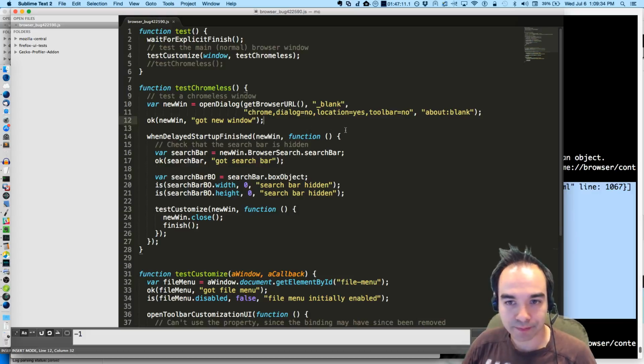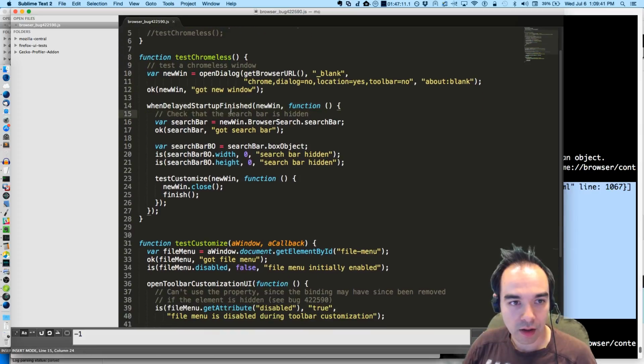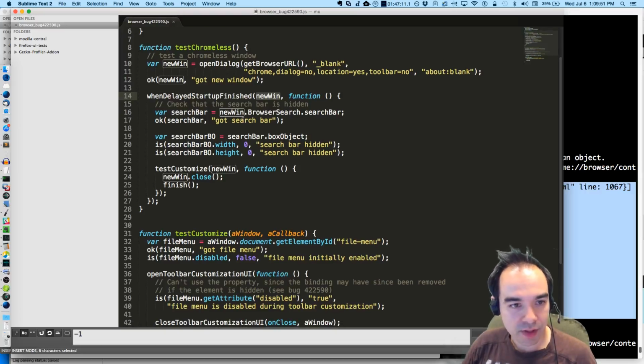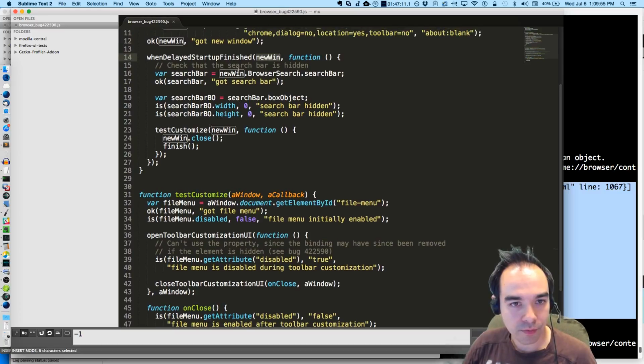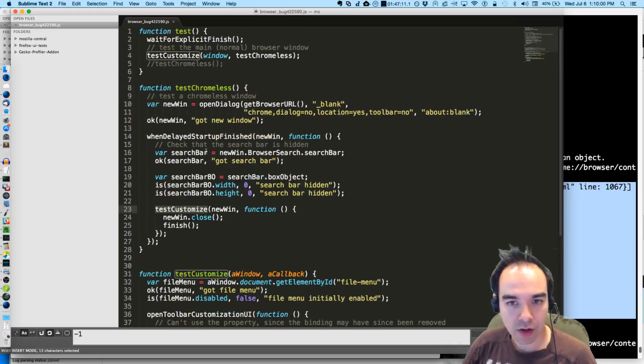Then we make sure that we've opened the window, and once the delayed startup in the window is finished, we see that the search bar is hidden for some reason. We make sure that the search bar is hidden, and then we make sure that customize mode can be entered and exited on the chromeless window. I don't even know why we'd need that, but that's the test. That is the test, people.